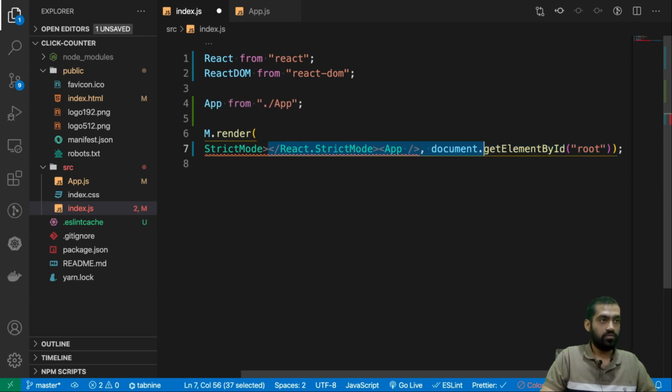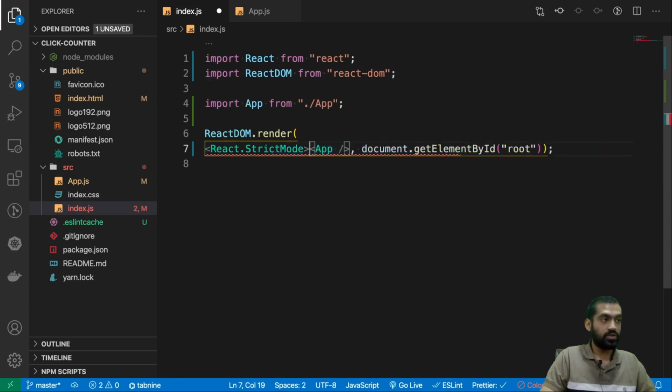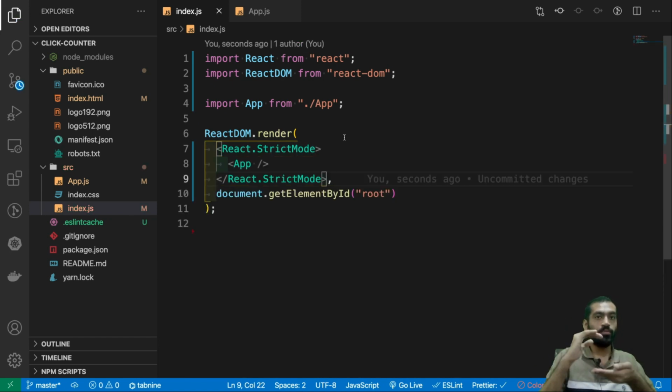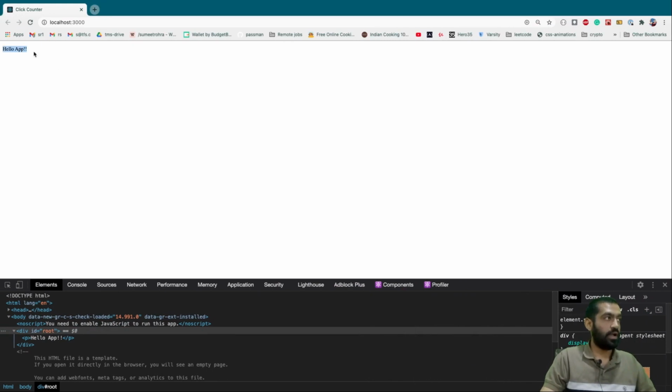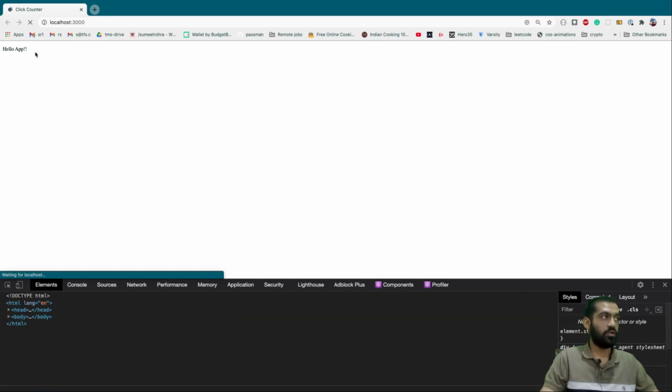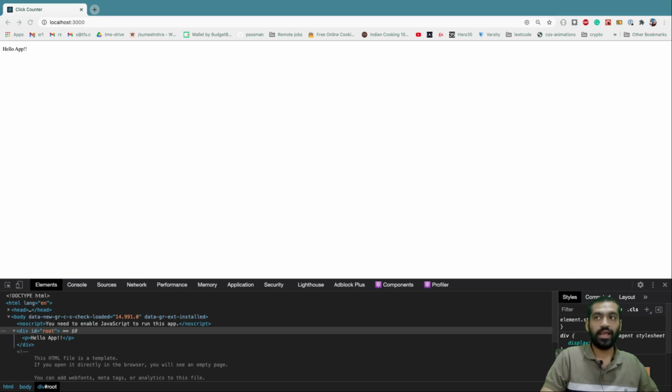We'll tell you why we need strict mode, but let's not focus on it right now. It tells us to wrap the app inside the strict mode, and then we can see hello app. Let's just reload and it works. Cool. So we have some basic setup here. We'll be looking into what's going on in the next video. Until then, peace.